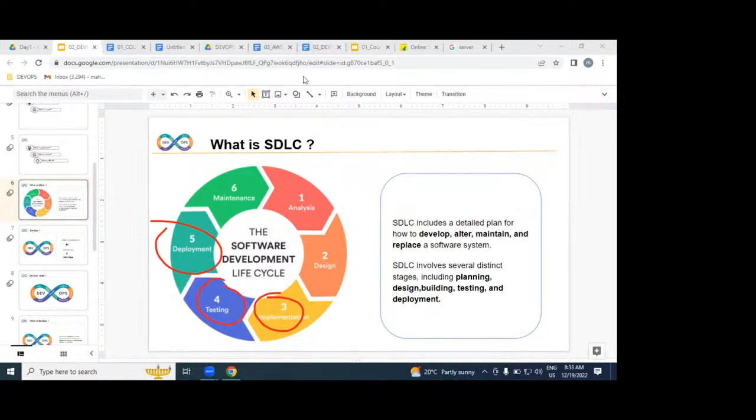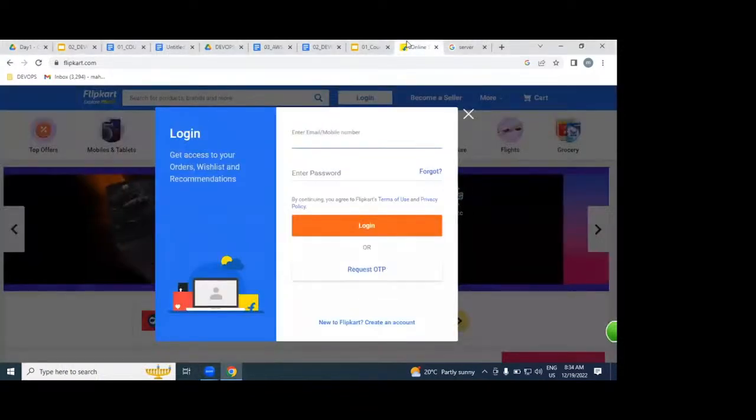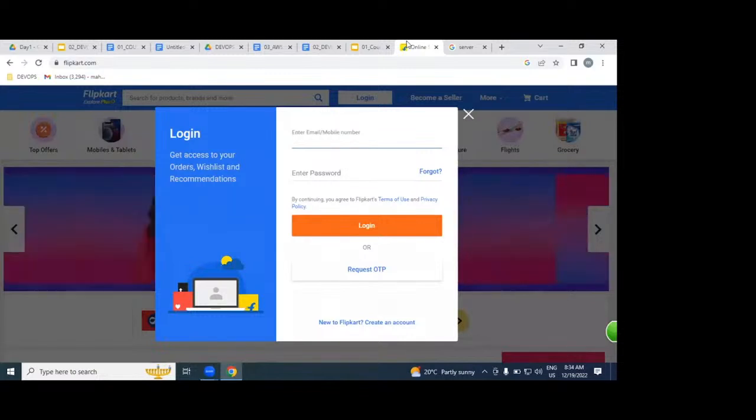By end of the day, whether AWS engineers, DevOps engineers, Java developers, or .NET developers, we are all involved in SDLC. By end of the day, we are going to produce a Flipkart kind of application.